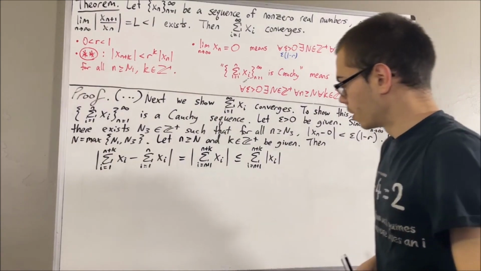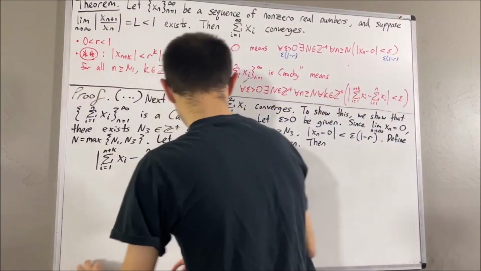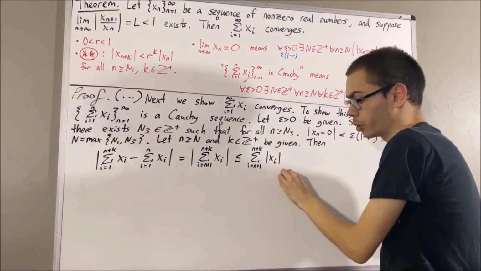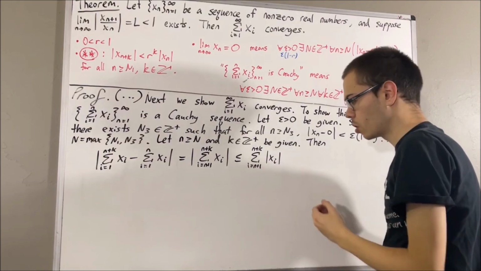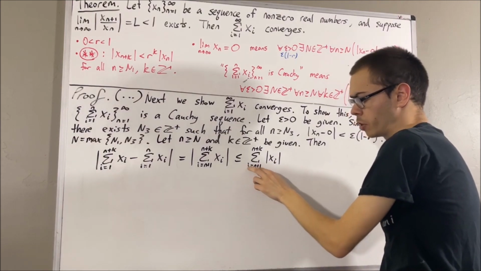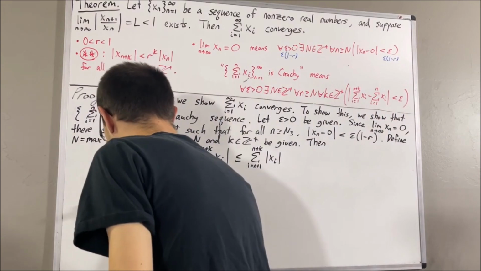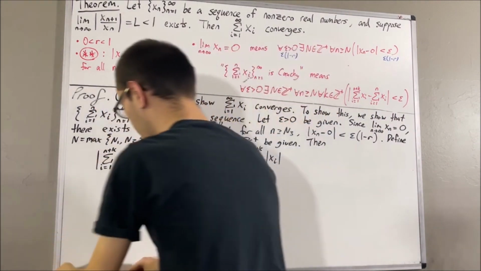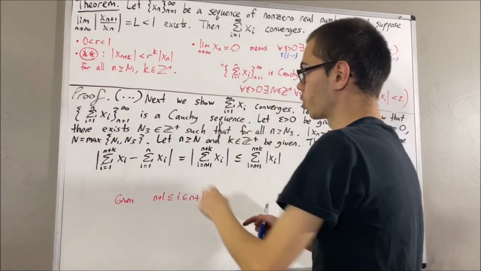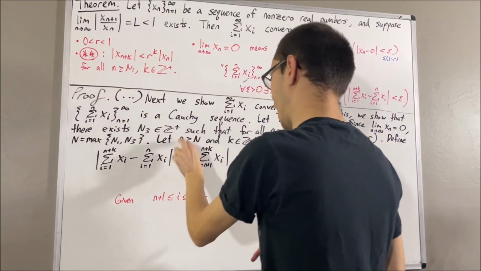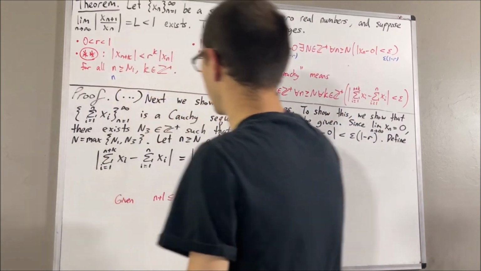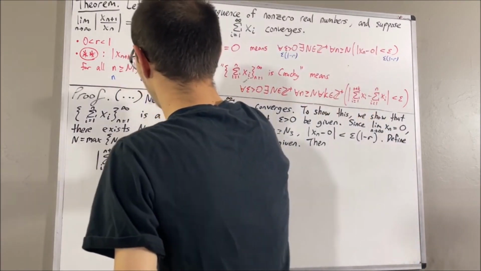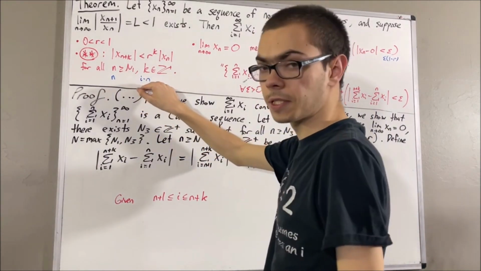But now, it turns out, if we consider an arbitrary term of the sum, we can show that it's strictly less than something else. So let's consider an arbitrary integer i between n plus 1 and n plus k. And now, let's apply star star. What we're going to do is take n to be the n we have here, and we're going to take k to be i minus n. And these are valid choices.